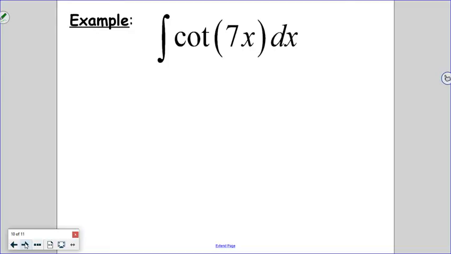You might be able to trial and error in your head as you get more used to these. I gave you a suggestion of maybe looking at the insides of a function to see if that would be a good thing to pick for you. We actually do have a function inside a function on this one, right? We have a 7x inside of a cotangent. So could I let u equal 7x? Yeah. So if I looked ahead at this,